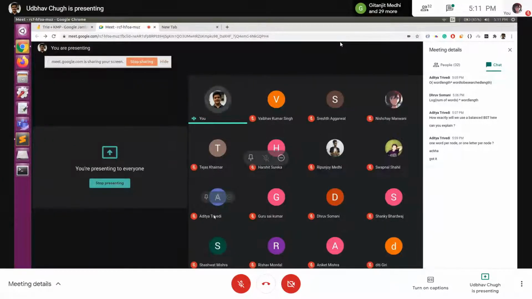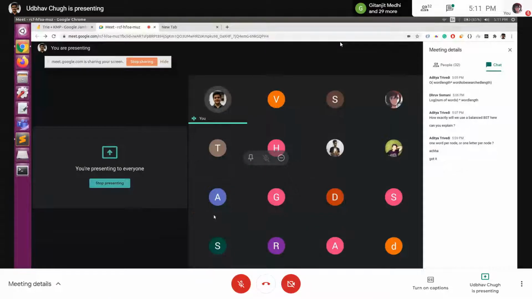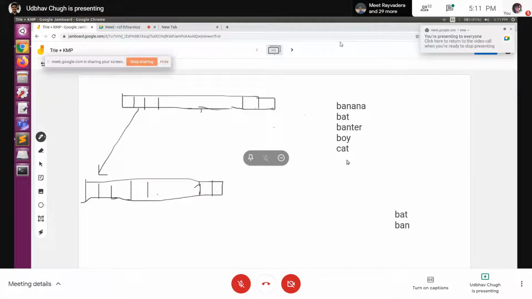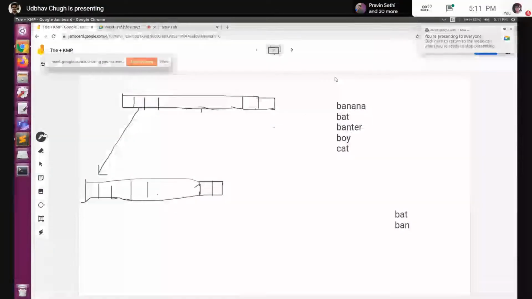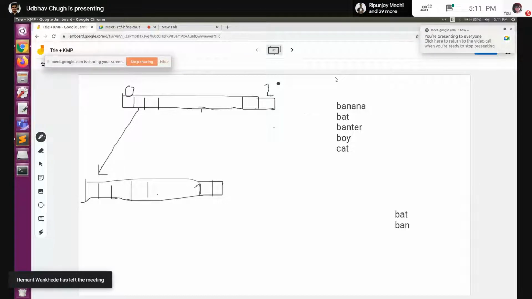So trie is a data structure which is used to overcome these issues, and it is generally used for information retrieval. We are initially given a set of alphabets, a dictionary, everything, and we have to find whether a particular string or element is present there or not. So how a trie works is basically as follows. For simplicity, I'll consider only the letters a to small z. So this would be index 0 and this would be 25. You can extend it to 128 or 256 characters very easily.